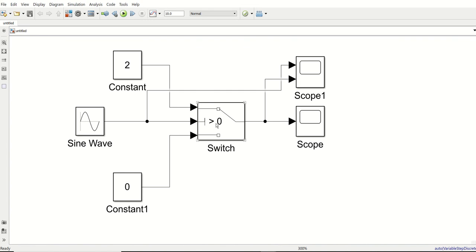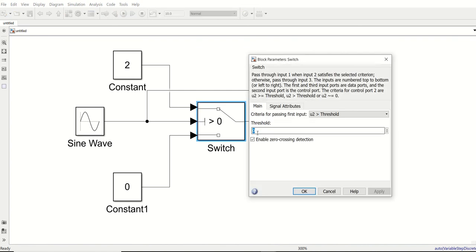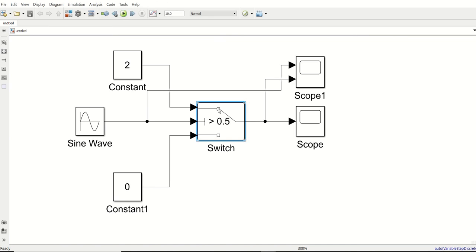If you wish, you can change the threshold value as well in the switch. Double click this, and for the threshold value, suppose we want 0.5. So if my signal is more than 0.5, then only it sends +2, otherwise it keeps 0.